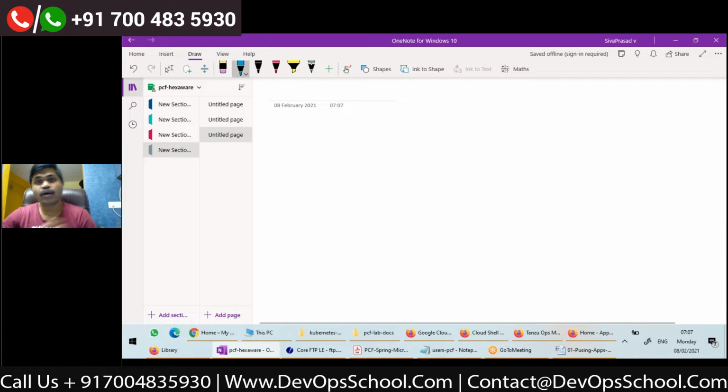Suppose in your organization there are a lot of products or applications which need to be deployed on Cloud Foundry from different projects.